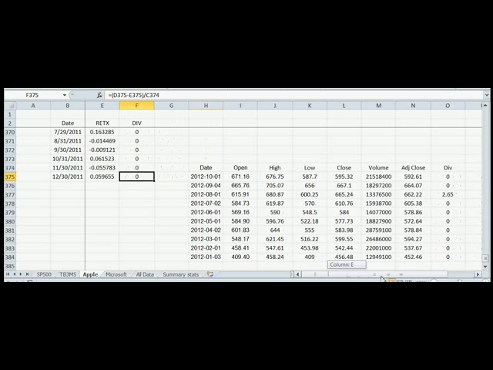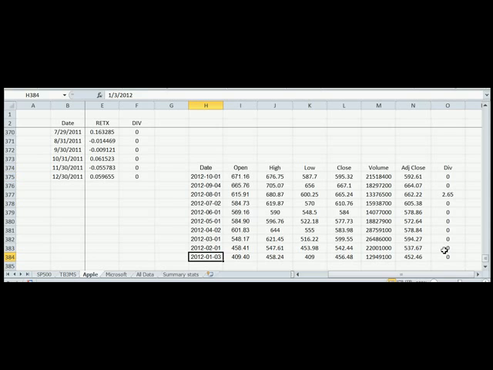So for the 2012 data from Yahoo Finance, you don't actually need to calculate dividend because it's given on the website already. You just need to fill in 0 for the months when there are no dividend paid. And one thing you need to notice is that the order of the data is actually reversed. So it starts with the newest one and ends with the oldest one, which is in an opposite order from